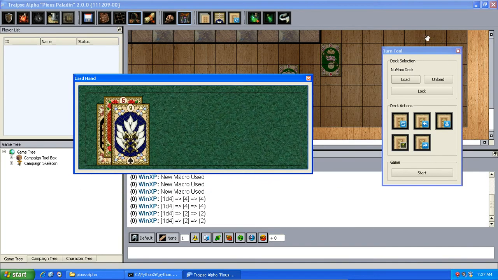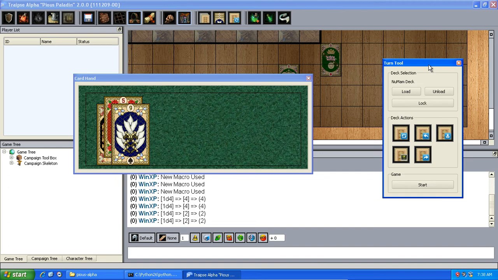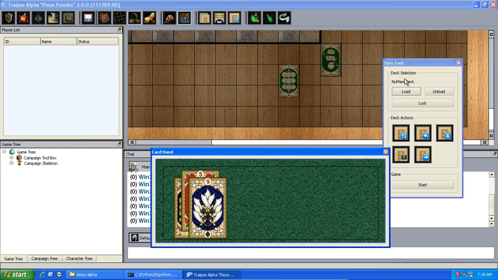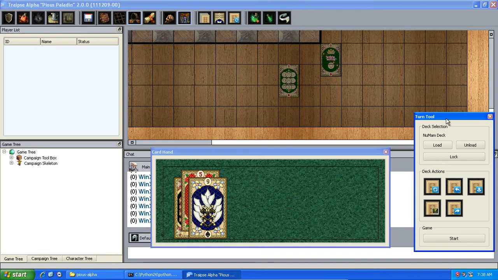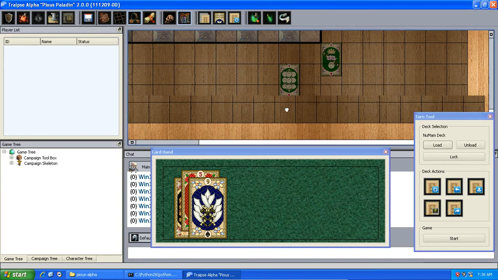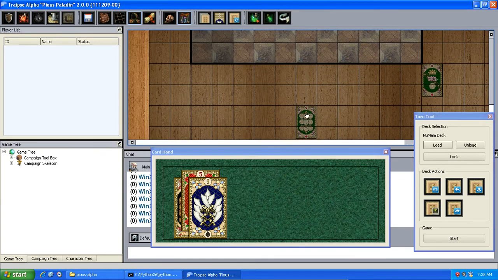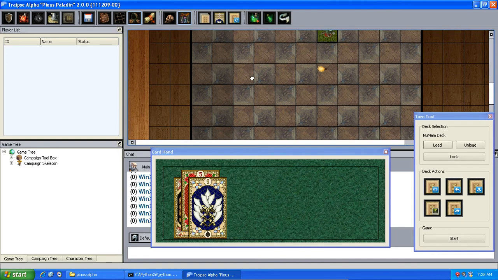So, one of the cool things about the turn tool and all the card features is that when you start a game, people can join your game, and when they join, the table for them will rotate as if they're sitting at a new chair at the table. So people aren't playing on just the same side of the table trying to keep their cards organized. Instead, the player will start here, and then when a new player joins, they'll be over on